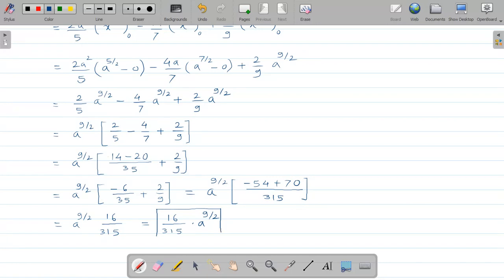But here the use of the property is very important. The index of the term a minus x is 3 by 2 and it is quite complicated. So that's why we replace x as a minus x by using that property. Okay, so that part is very important to understand. Further the integration is simple, nothing is complicated in that. So you study the property of the definite integration properly.